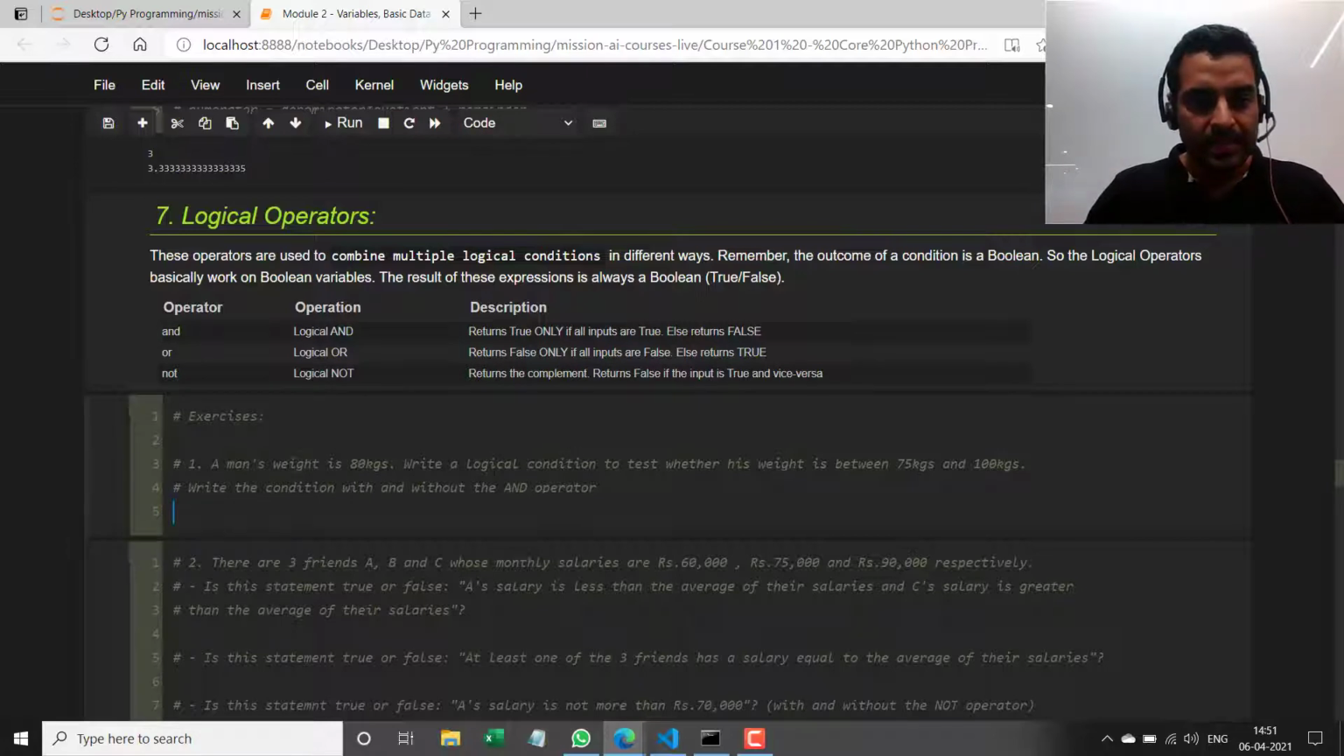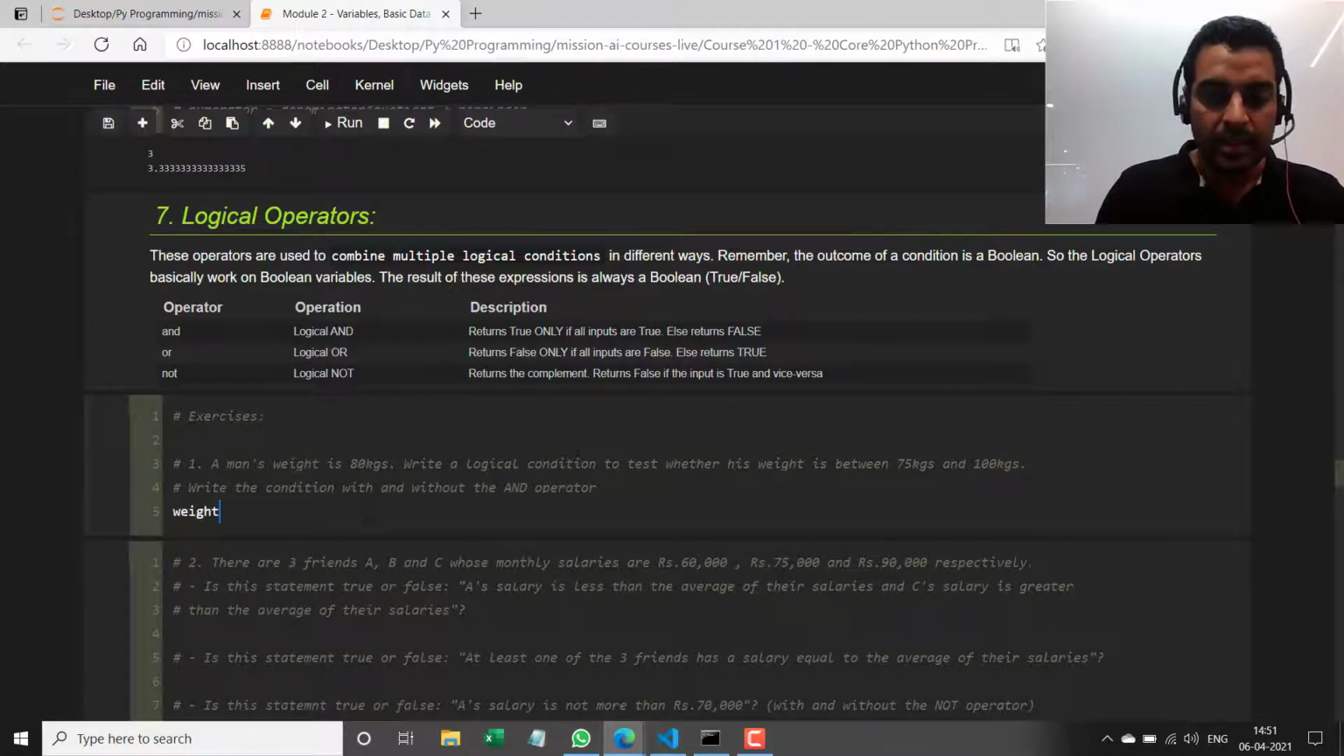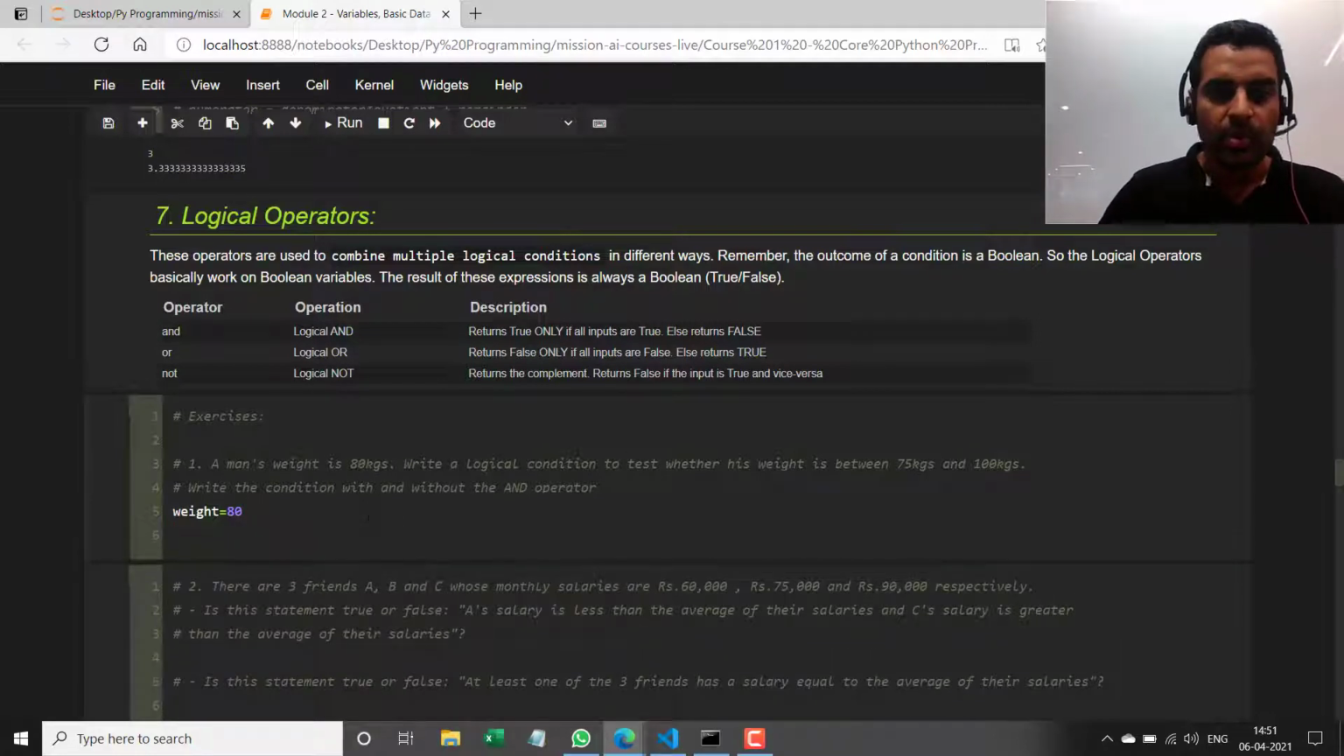So a man's weight is 80 kgs. Write a logical condition to test whether his weight is between 75 and 100 kgs. Write the condition with and without the AND operator. So let's say weight equals 80, right? Now, we want to write a logical condition to test whether his weight is between 75 and 100. So the first way I would do this is to directly print that expression. And the expression would be